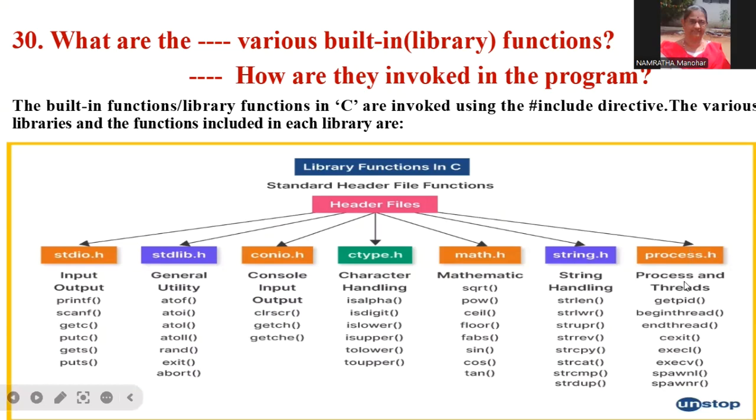Then process.h, process and thread. This is also again for very high advanced programming. getpid, beginthread, endthread, cexit, execl, execv, spawnl, spawnr. Right? These are the most common library functions. The compulsory one we have to use is